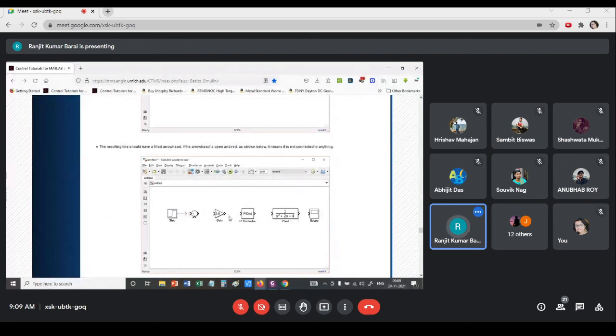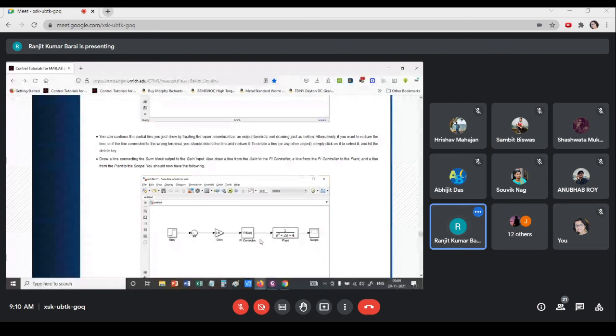If you start dragging from here, it will become a line like this, and a broken arrow will be shown. Once it touches over here, you drag the mouse up to this input port and leave it, then there will be a solid line between this and this, as it is appearing. And the arrow represents the direction of the signal flow.